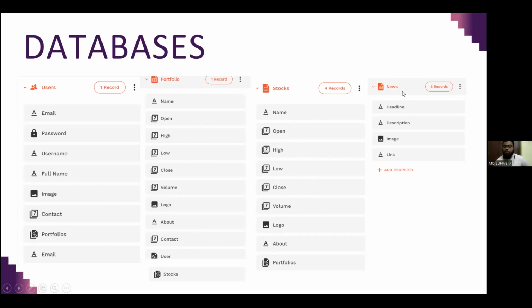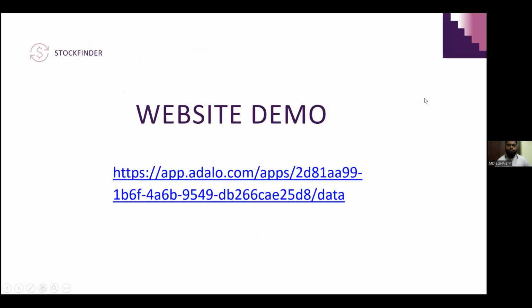This is a different database. I have created a collection for a news section. We have a news section where real-time news can be added. Now, since API integration is not available, I decided to go with a database option. I've added some news stories, headlines, etc., like headline, description, and image with a link to the actual website, the location for the news, in this database collection.